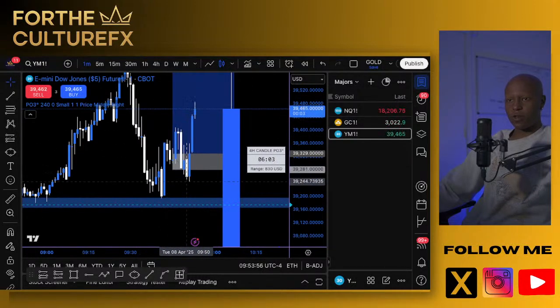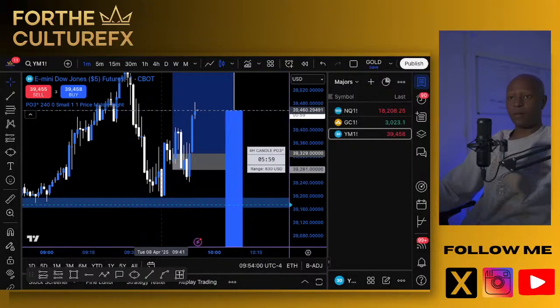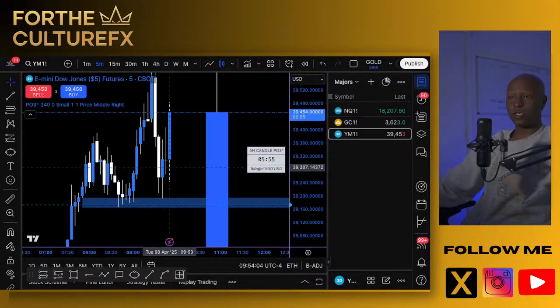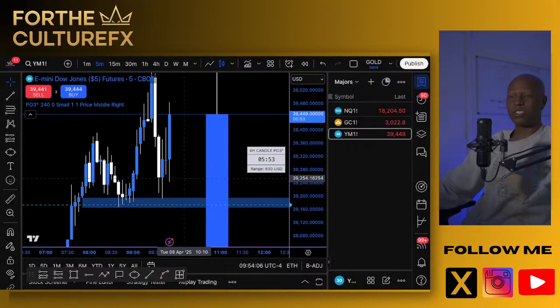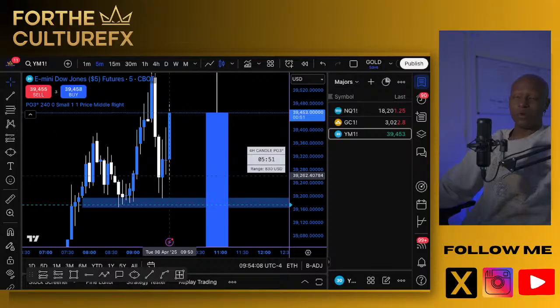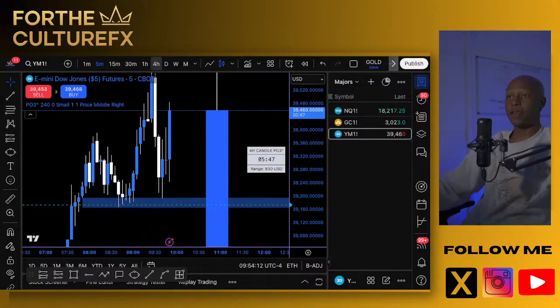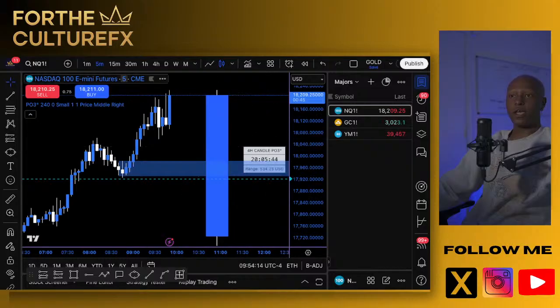Price created a new low, a steeper low, shall I say, and then began to push up in the direction of the trend following the 5-minute candle closing bullish from our previous candle. We just had that 5-minute candle low swept, which is not what I wanted to see from my particular entry that I had. Taking a look here at NQ.